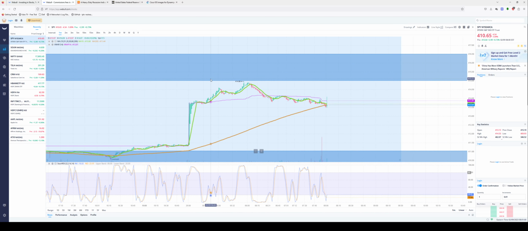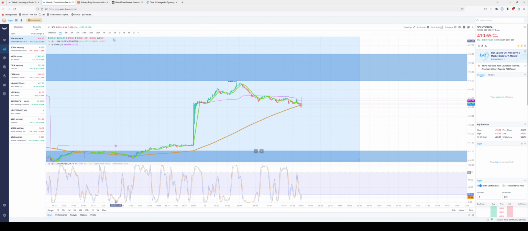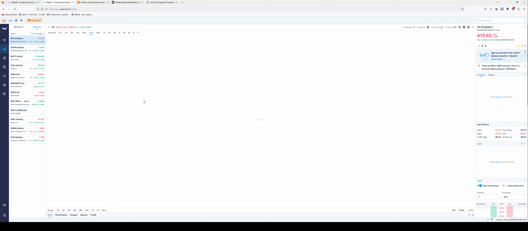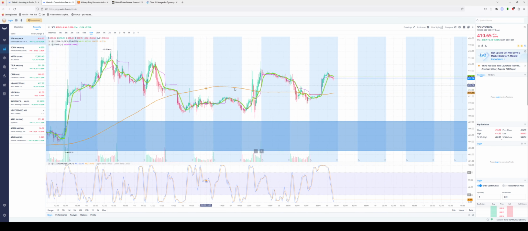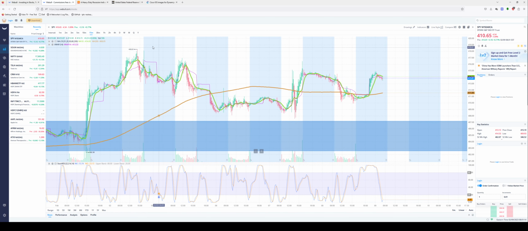So what I will do, I will see one more thing before drawing. I will just try to look at the 15 minutes pattern also, right? So let's delete this one. Let's delete this one. I will draw it again in front of you, right? So if you look at it,